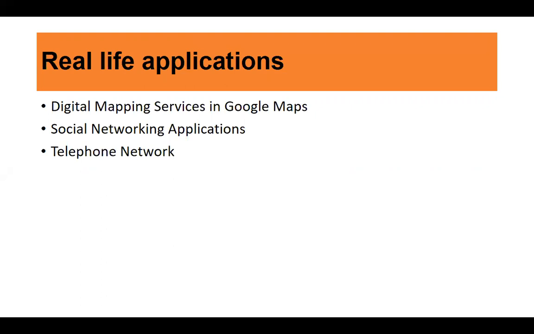Another application is social networking applications. In fact, sometimes you do get friend suggestions. How do you get them? There are some measures taken to find how near the profiles are to your existing connections. So again, Dijkstra's algorithm is used. Another example is a telephone network. Let us say the cities or houses are the nodes, wires connecting them are the edges, and the weights on the edges are the bandwidth of that particular cable. So there are many applications. These are a few popular ones.